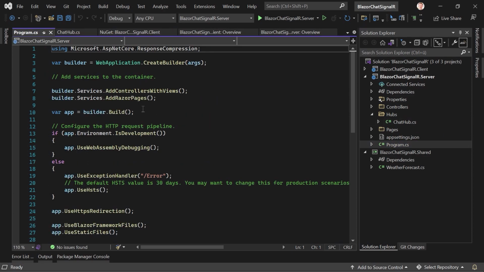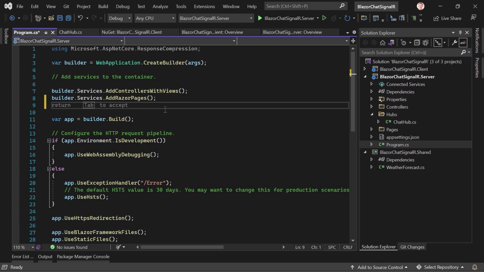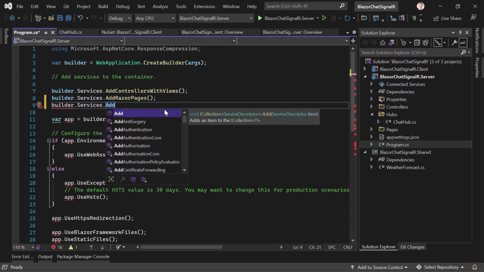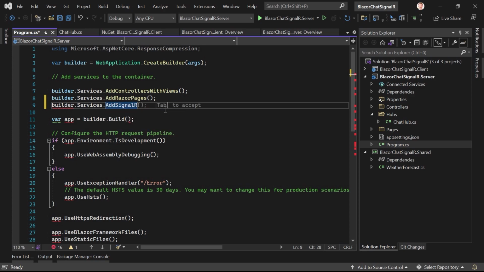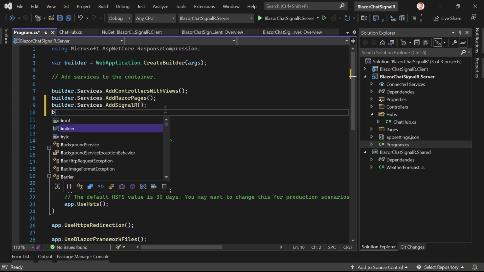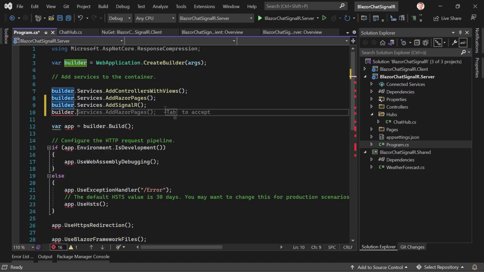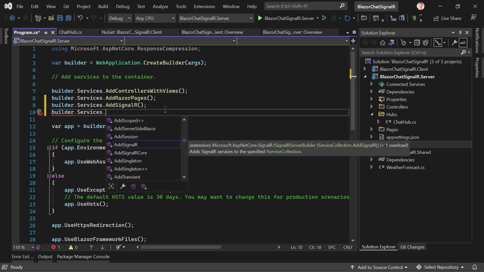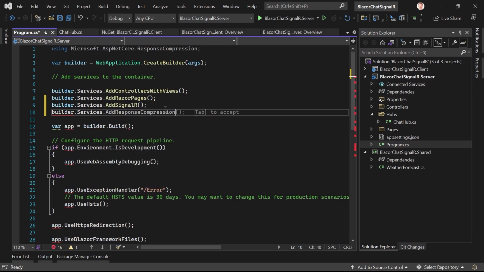So we go to the Program.cs, and now here with builder.Services, not configuration, services, we just add SignalR. That's it already. And now regarding the compression, we write builder.Services and then AddResponseCompression, and this thing gets some options. So options,